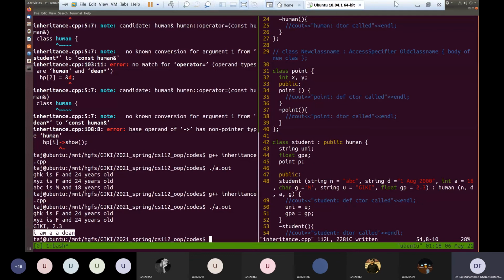So this way we can store the address of a derived class object in a pointer of a base class, and still be able to call the derived class function if that function is declared virtual inside the base class.